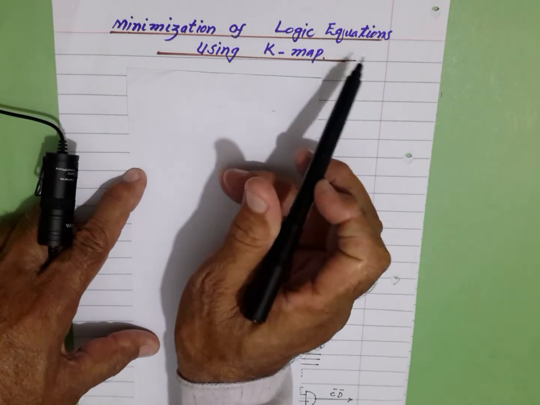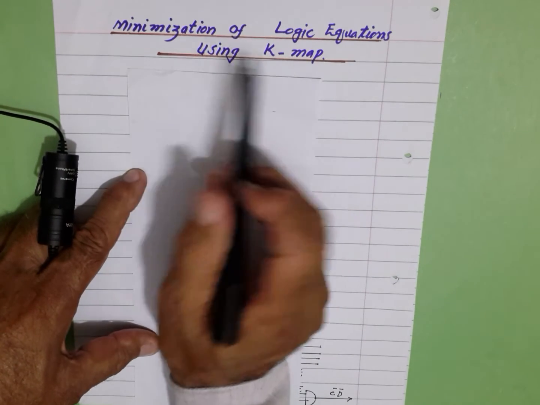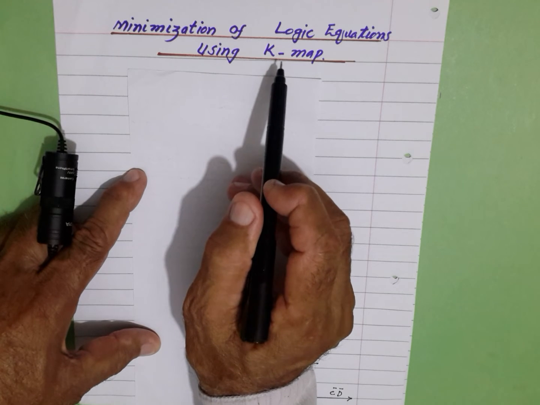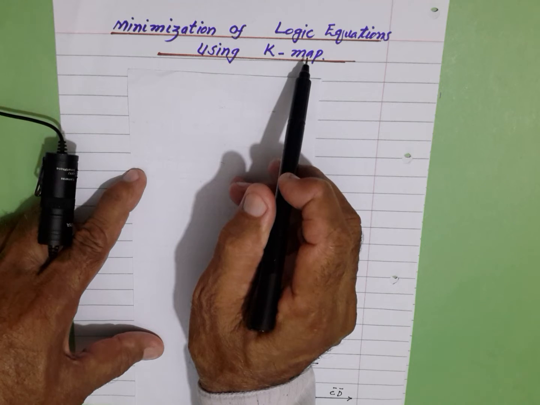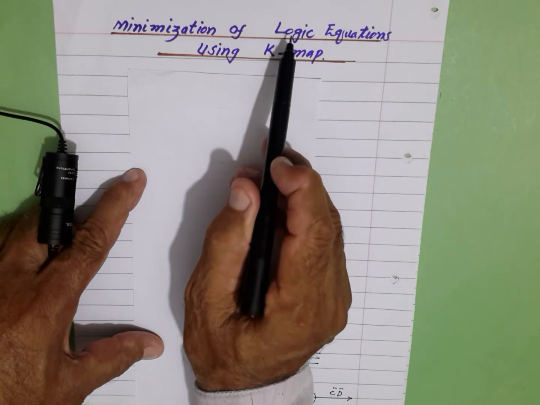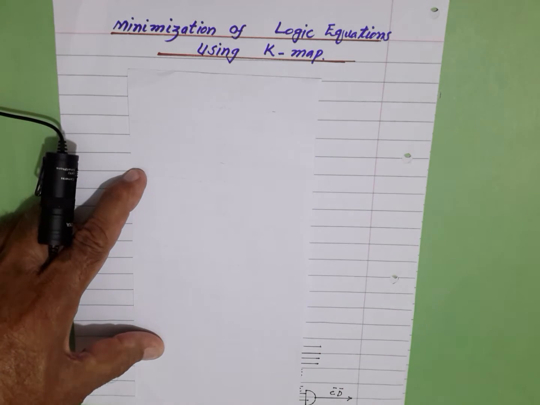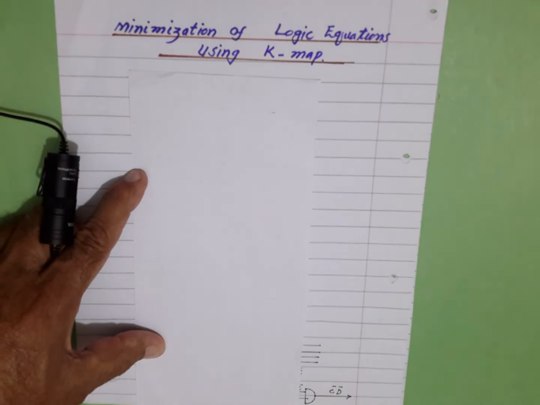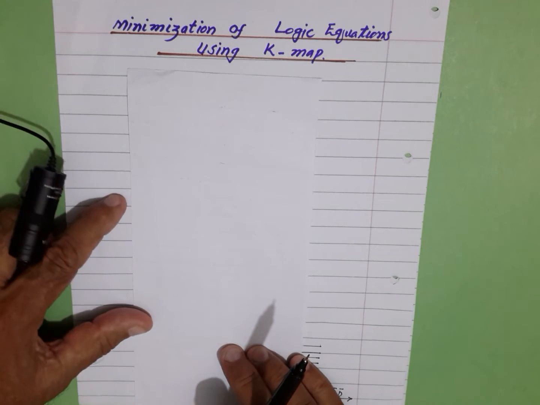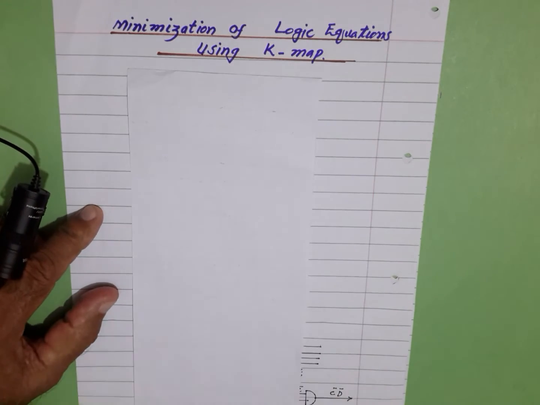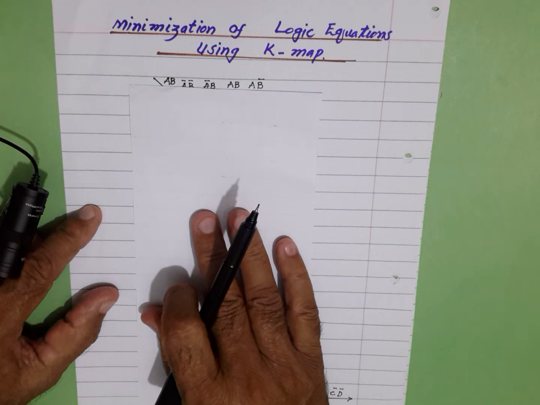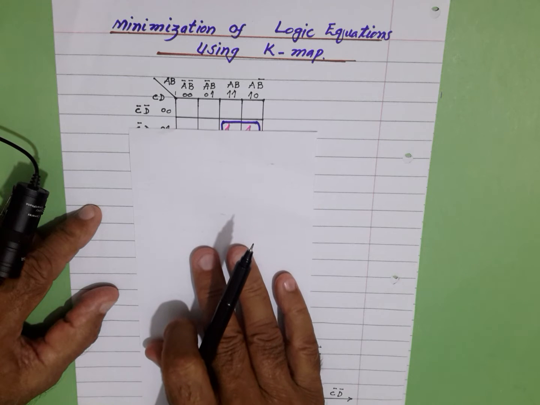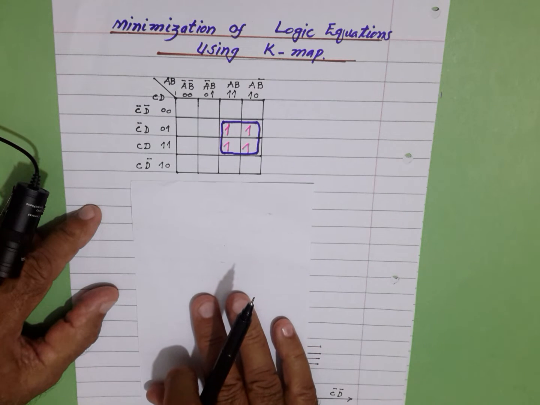Minimization of logic equations using K-map. As the name indicates, we are going to use K-map to minimize the logic equations so that the logic gates are minimized so as to reduce the cost of the logic circuits. We will look into four examples of K-maps. The first one is